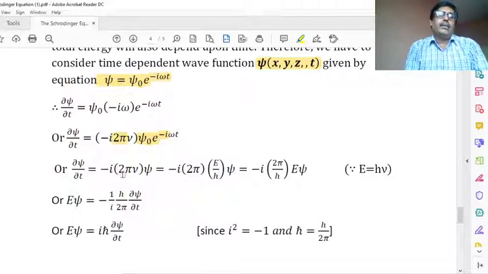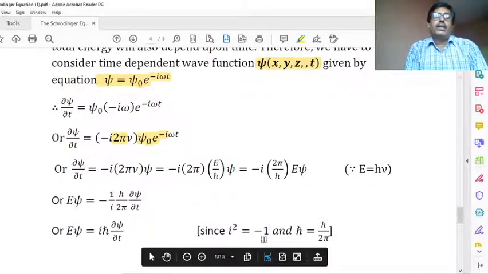And here i, minus 1. This minus means i square. So if we write here i square, it will be